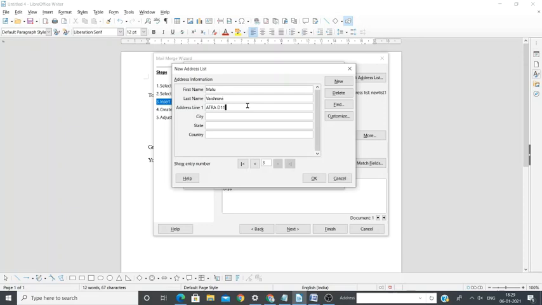ATRA D26 Paravangunu, then city Trivandrum, state Kerala, then India. So I have added 3 lists, okay, 3 name and address information I have added.